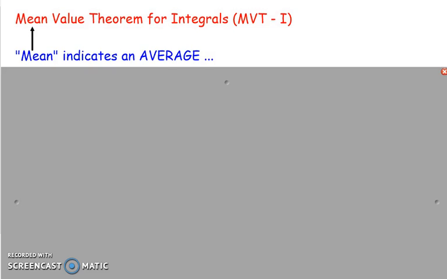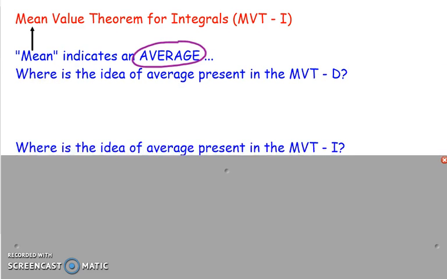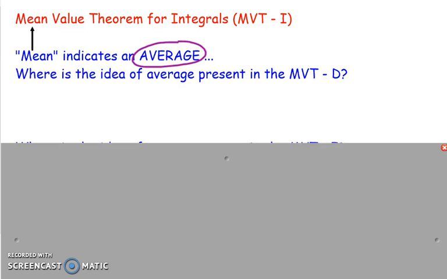All right, the next thing we have to talk about then are the mean value theorems. We're going to focus on integrals because we're just talking about Riemann sums, but we are going to touch on the mean value theorem for derivatives. So mean indicates that we are talking about some sort of an average. When we talk about the mean value theorem for derivatives, we are saying the average part would be the slope of the secant,